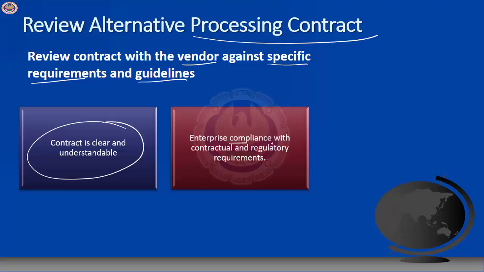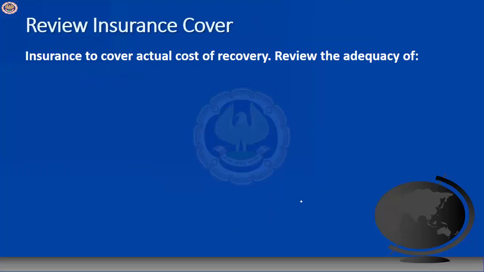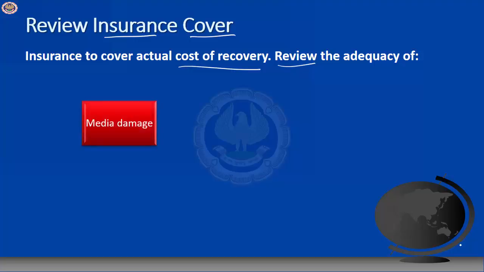You also look at the compliance requirements and the contractual requirements and check whether this actually takes care of contingency also, which means in the case of an emergency, the vendor who's supposed to provide the service is able to provide the service as required. You look at the insurance cover and see whether the insurance covers all the assets. Not only that, it also covers the cost of the recovery, and check the adequacy of this in terms of